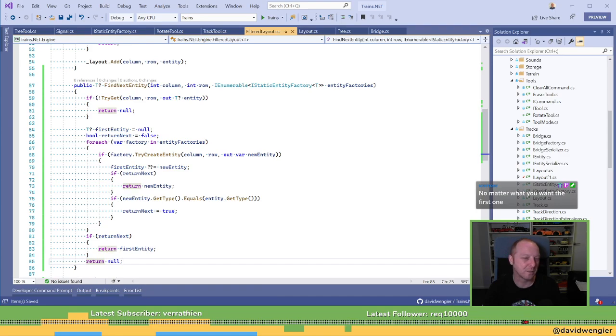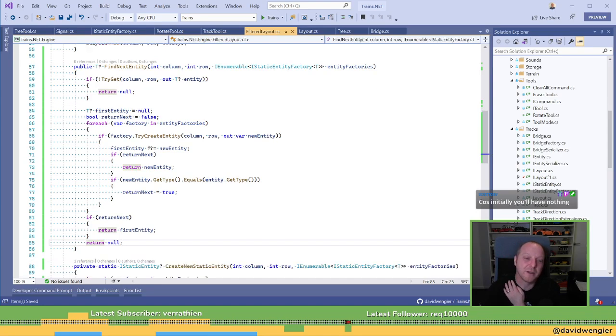No matter what, you want the first one. Well, no, if there's only one, we're not going to change anything. So if we never find the next one to return... No, wait. If we never find the current one, will we always find the current one? We probably will, because initially you'll have nothing.